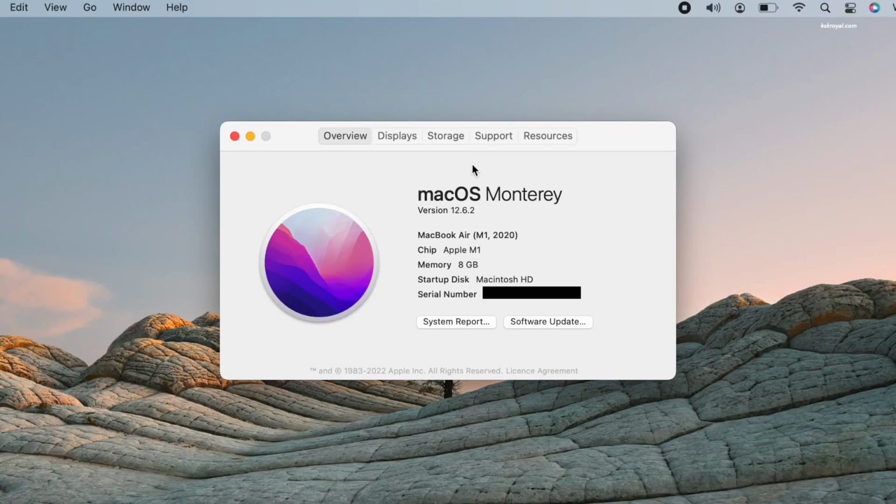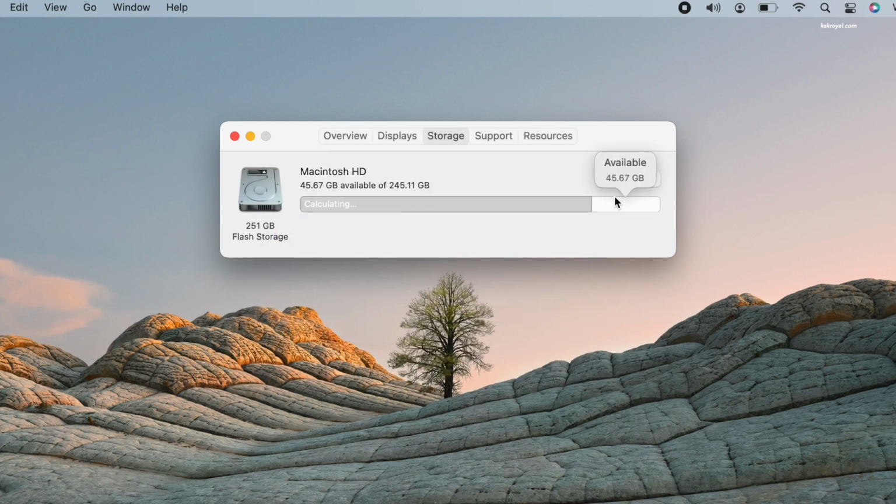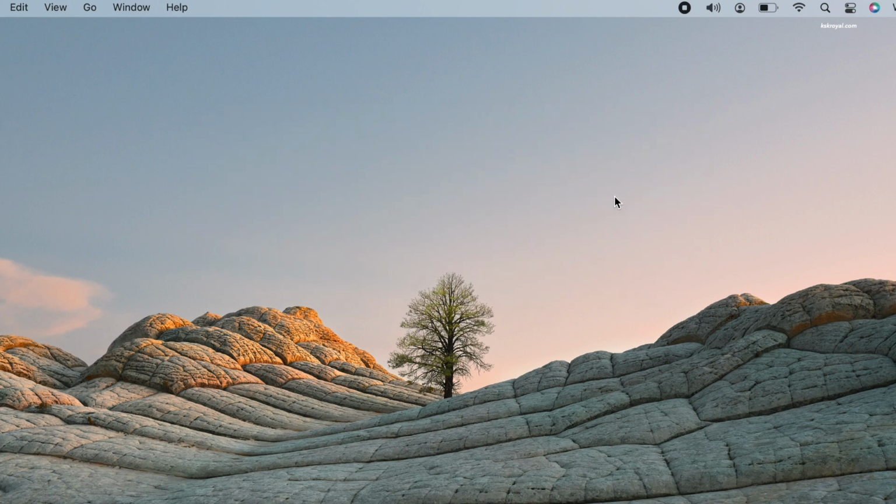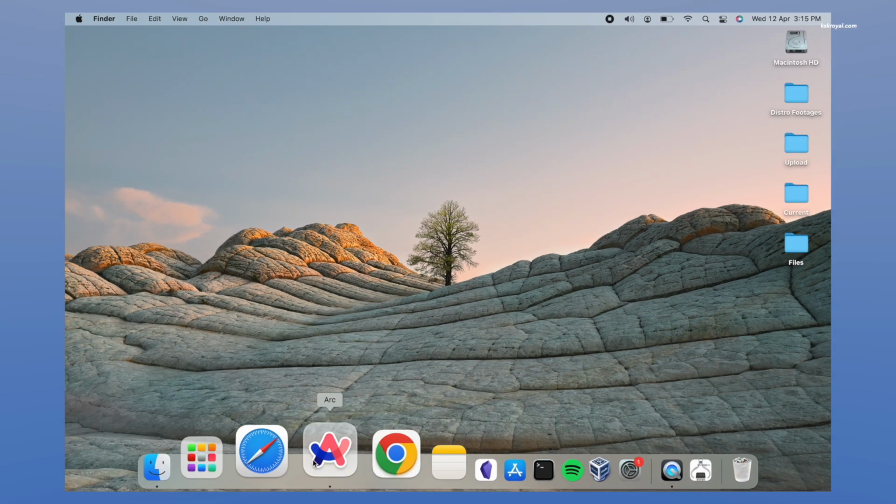macOS Monterey. To install Kali Linux inside a virtual machine using VMware on Apple Silicon Mac, you need to reserve a free space of 30 GB or higher. Now, that being said, it's time to start installing Kali Linux 2023 on any Apple Silicon Mac using VMware Fusion.